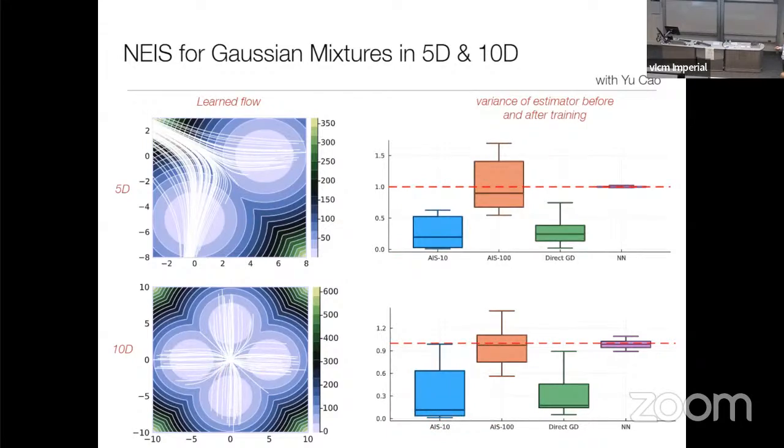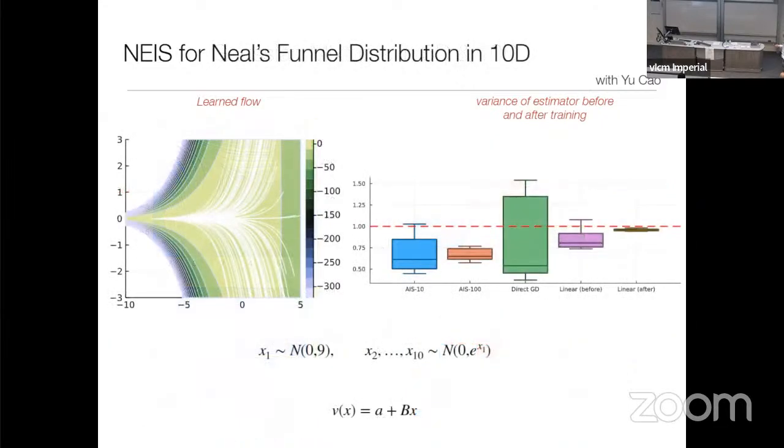Okay. Again, to be fair, there is no optimization here. This is just showing you the advantage of combining sampling and learning, which is the objective of the talk. Here's an example that is taken from Neal's original paper. It's a funnel example. It's an interesting example because it shows that in high dimension,